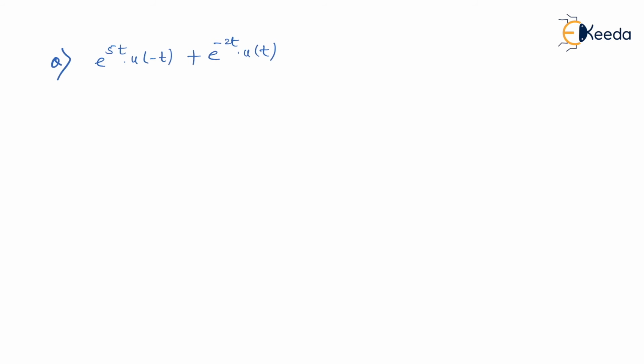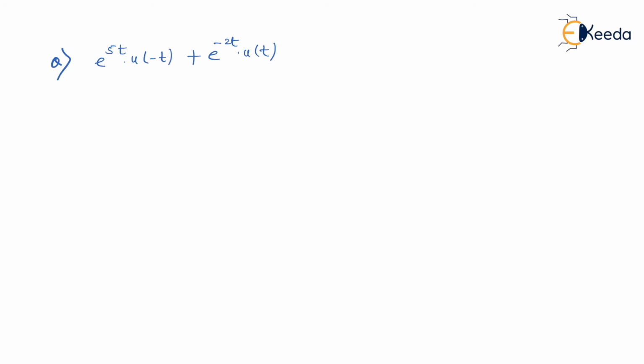So as you can see here, it is a combination of u of t and u of minus t together. As we have seen in the last problems, the questions either had u of t or u of minus t. When it has only u of t, it is a right-handed signal, considered to be a causal function. Whenever we have a combination of u of t and u of minus t together, u of t claims it is a right-handed function, and u of minus t indicates it is a left-handed function.